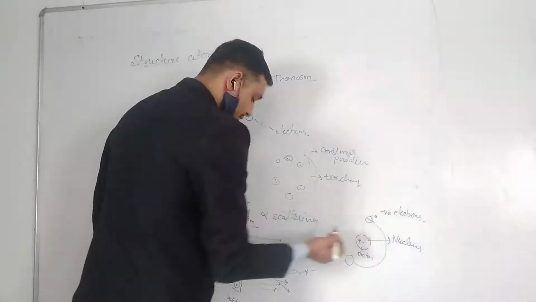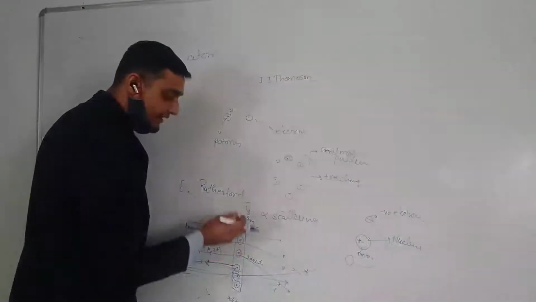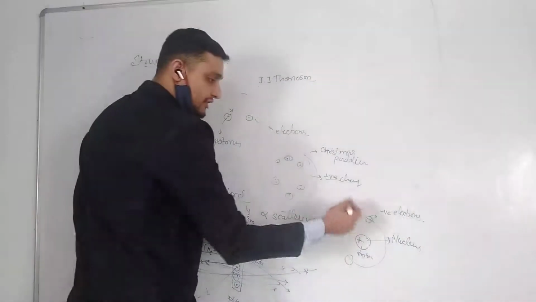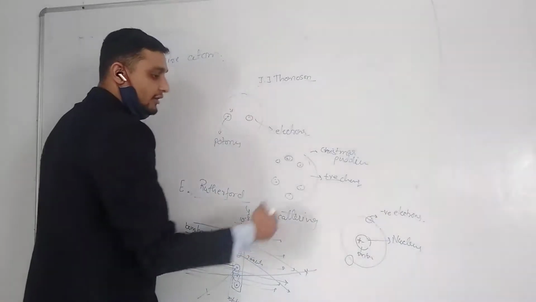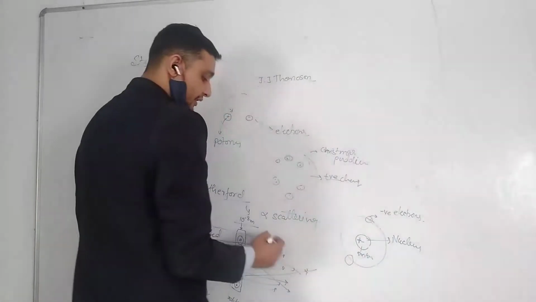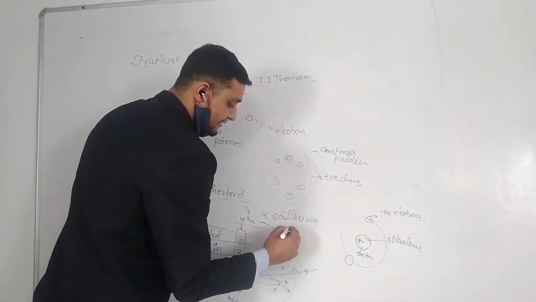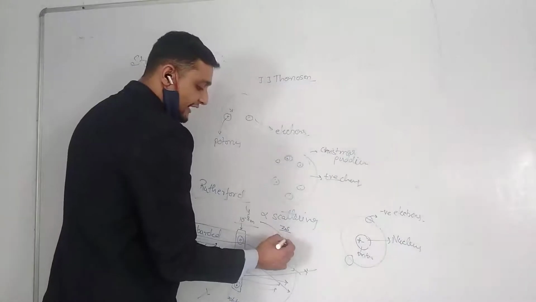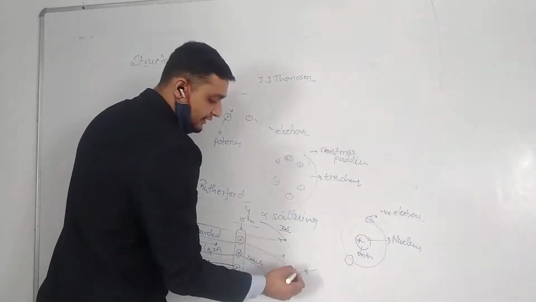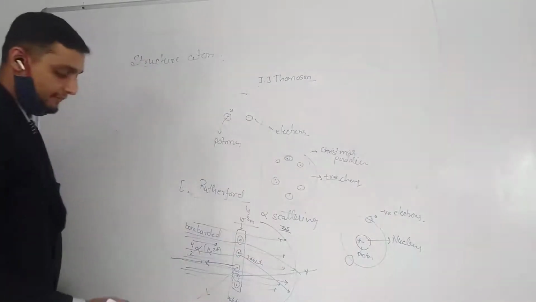So why did he say this? Because the alpha particles were very heavy, and these electrons are very light. That's why the alpha particles are not deflected or attached to the electrons. They are passing straight away. And there was a sheet here that is known as zinc sulfide sheet or detection plate that detects the particles hitting on this plate. Okay? They give a spark when a particle hits the plate.